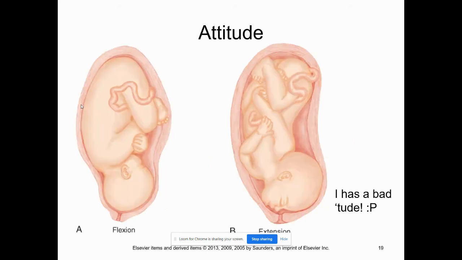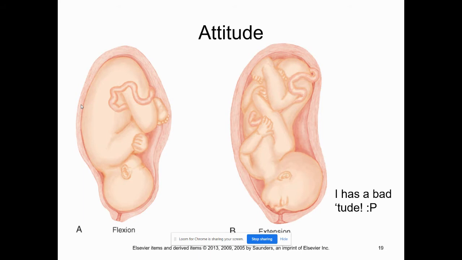I mentioned attitude is the relation of the fetal body parts to each other, and that flexed is best. So baby A is in a normal position, flexed, chin to chest, extremities folded in, a tight little package. That's going to be easier to pass. Baby B is in extension, and that's a bad attitude. It's going to be much more difficult on mom and babe because we have larger diameters that have